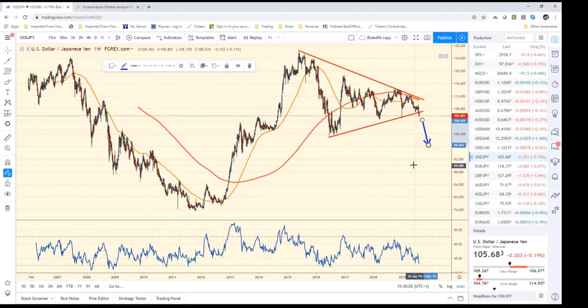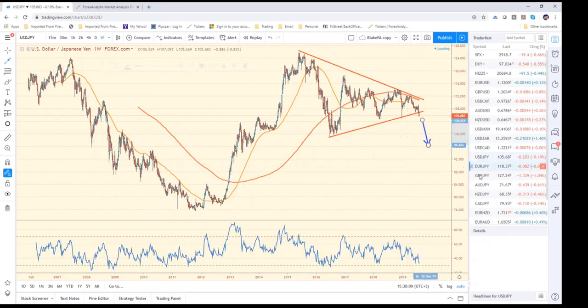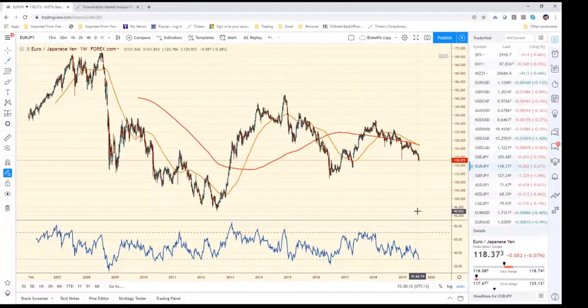Now, a lot of you might go, well, if I trade the dollar yen to the downside, how effective will it be if I trade the euro yen? Because you can see the euro yen is already starting to show signs of weakness. But I'm going to go back to the comments that I made a little bit earlier about the European Central Bank. The ECB, remember, they've had rates at zero, and if stocks really start to come down, my opinion would be that the euro might unexpectedly be stronger than